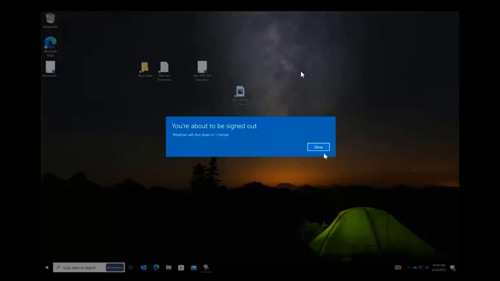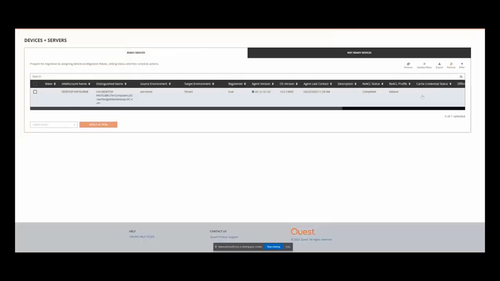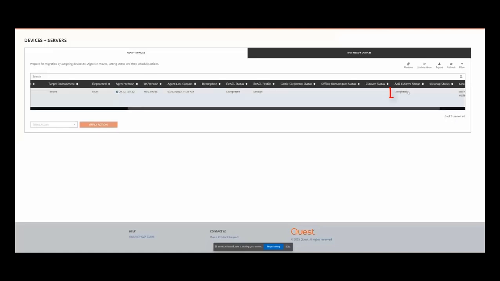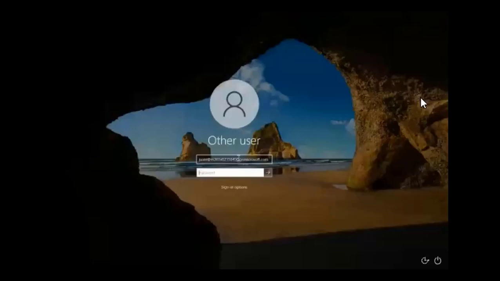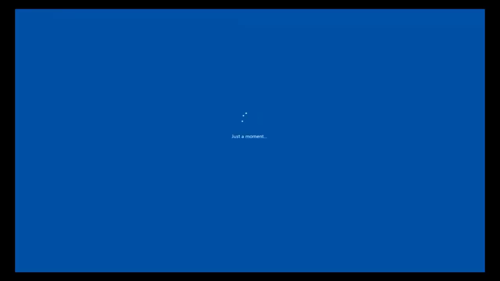As we check in with Joanne's machine, we see that there is a prompt to let the user know that they're going to be signed out and the machine is going to be rebooted. While that machine is rebooted, we switch back to ODM AD and can now see that the Azure AD cutover status is complete. When Joanne's machine comes back from reboot, we log in with our Azure AD credentials. And as the machine is booting up,